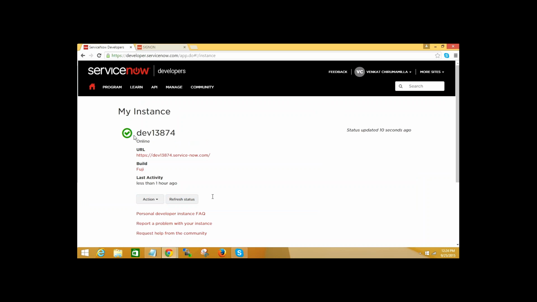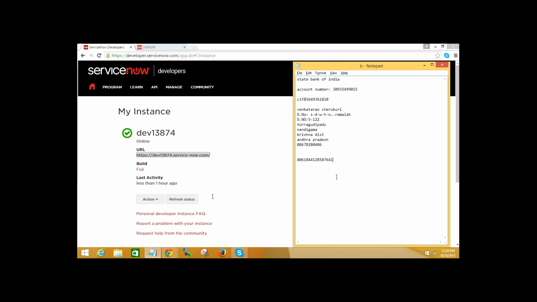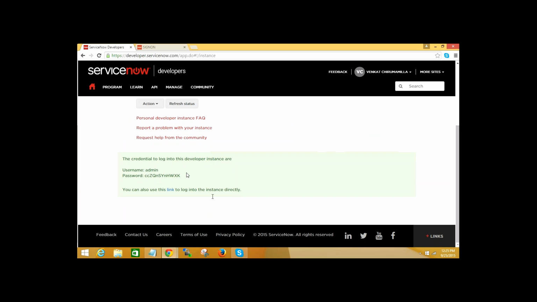Copy just the URL, and if you come down, there is a username and password. Okay, come down. Here is the username and password.